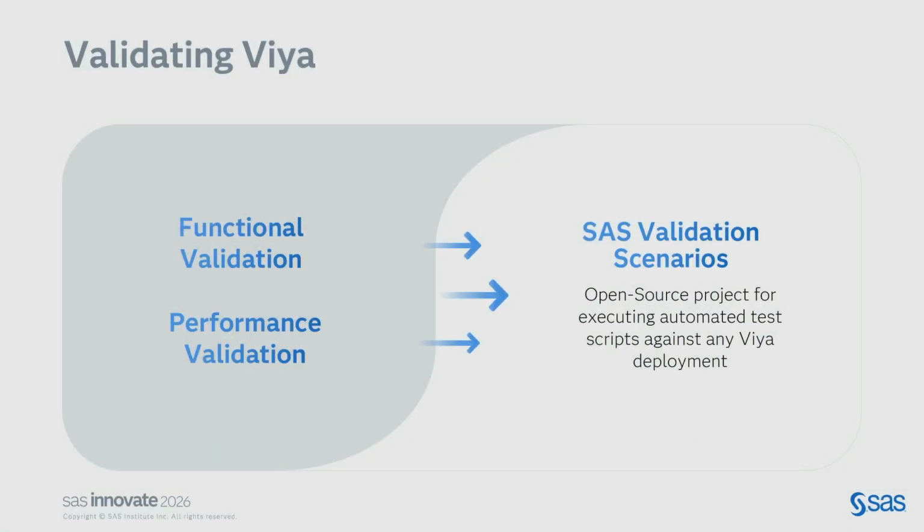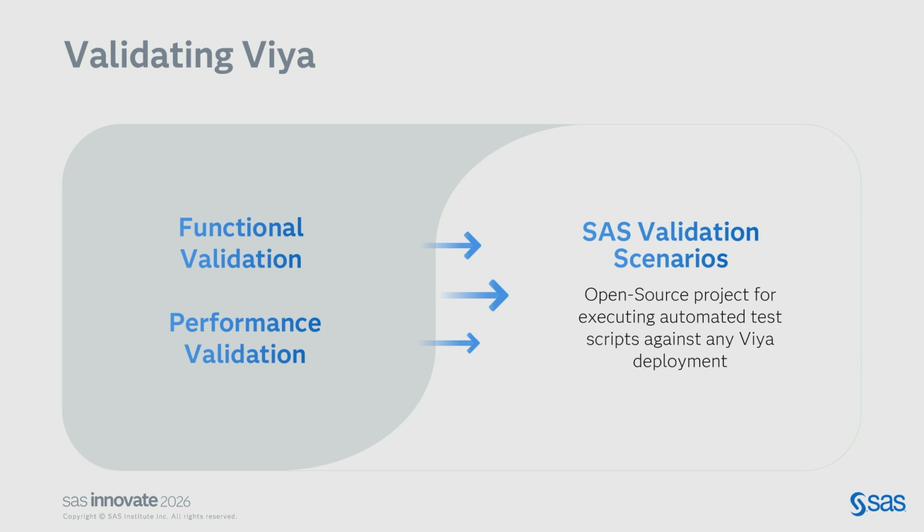To help with that, we've created another GitHub repository called SAS Validation Scenarios. This is an automated test suite that we're putting together right now to look at not just functional validation, but also performance validation. Imagine you are updating from one release of VIA to another, and you want to run some automated tests to verify that, okay, I just updated the previous LTS to the new LTS, but I want to verify that my functions in SAS Studio are still operating correctly,